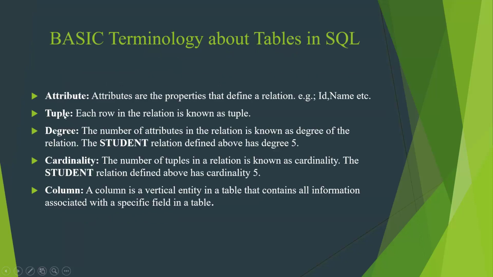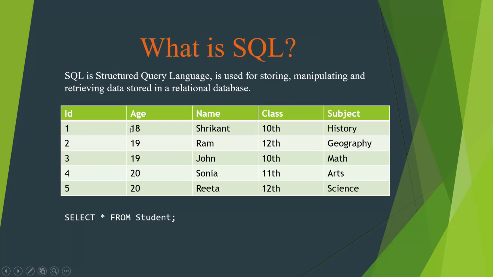Now let's understand what tuples are. A tuple is your row data, or you can say a record. Each row in the relation is known as a tuple, or row, or record. For example, 118, Srikanth is one record. 2, geography is one record or tuple. You can say whichever you find convenient. So there are five records available and five columns.